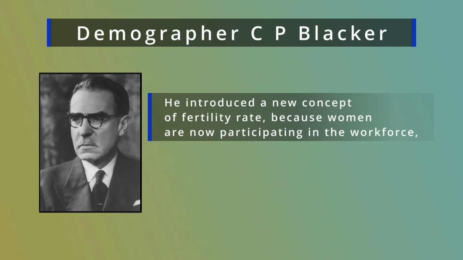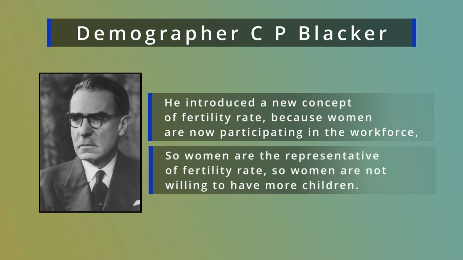Yes, he introduced a new concept of fertility rate, because women are now participating in the workforce, so women are the representative of fertility rate. So women are not willing to have more children. So in that sense, fertility rate declines. It matches with the death rate, and the growth rate of population is stationary, not stabilized, it is stationary. So population growth rate now remains the same year after year. So population growth rate is now stationary. So lower fertility rate matched with lower death rate, and population growth rate becomes stationary in the fourth stage